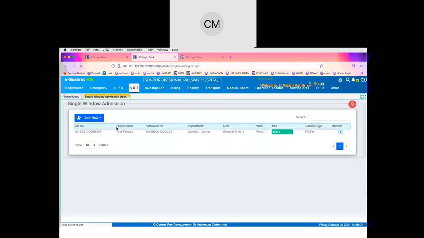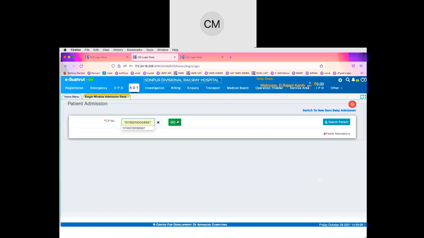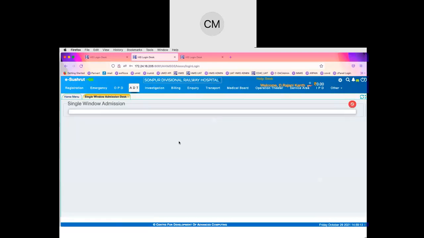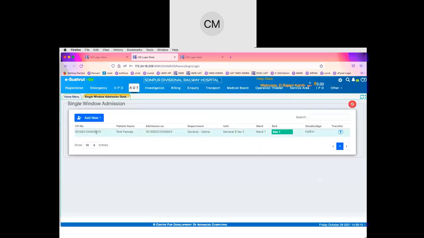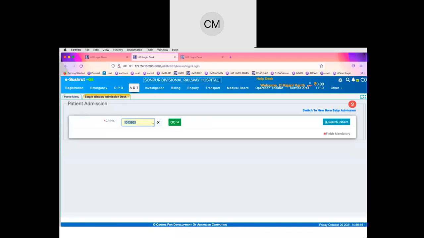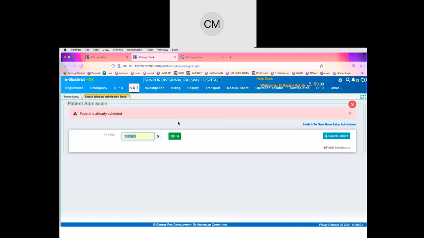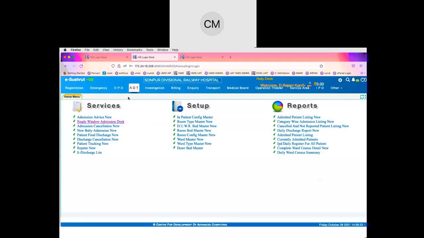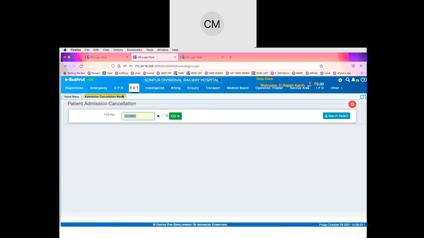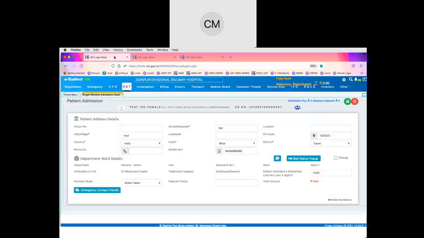If you click on the single window admission desk and then new admission, the entire form is more or less the same process. We will have the same screen, just that the nurse has to fill in the information on behalf of the doctor.